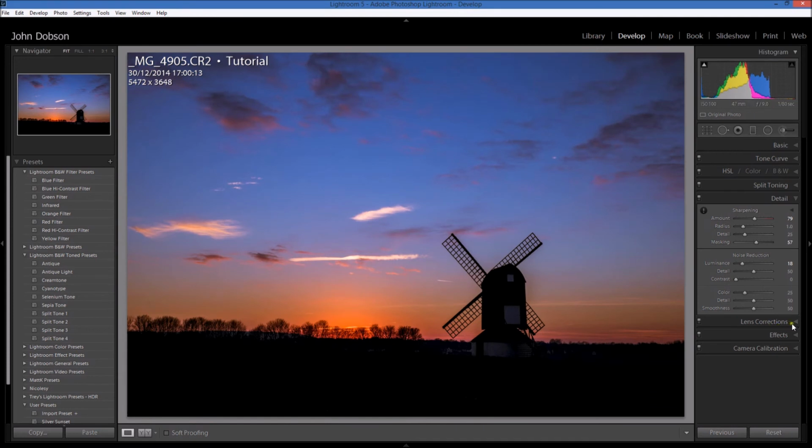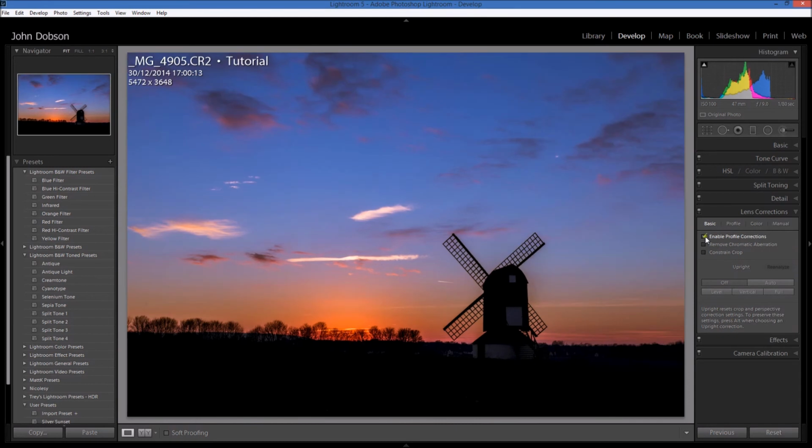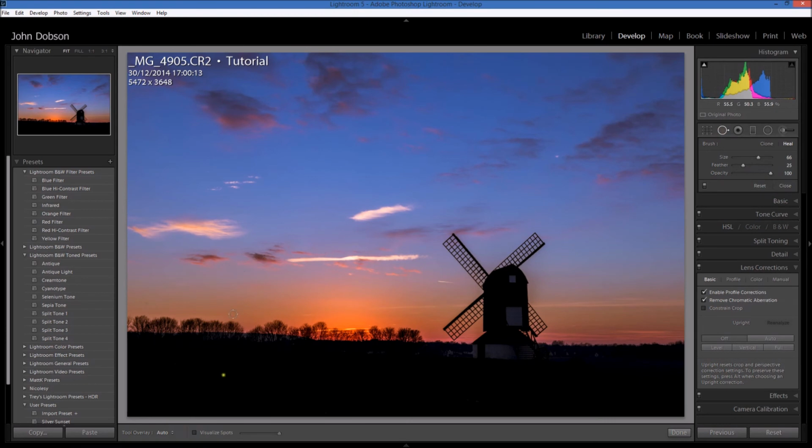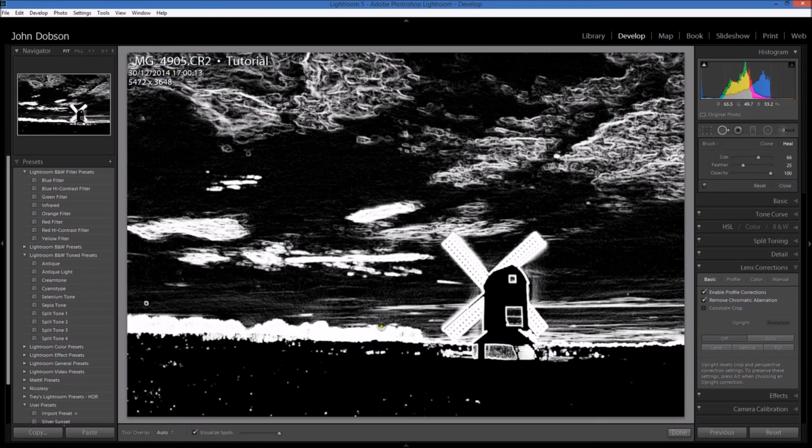and we'll zoom out. We'll do some lens corrections. Let's get rid of the vignetting that the lens will automatically put in there, and any chromatic aberration I might have. While I was doing that, I noticed I had one or two dust spots, so we'll just kill those as well. And so go to the spot removal tool, visualize spots, and then we can just go around and kill